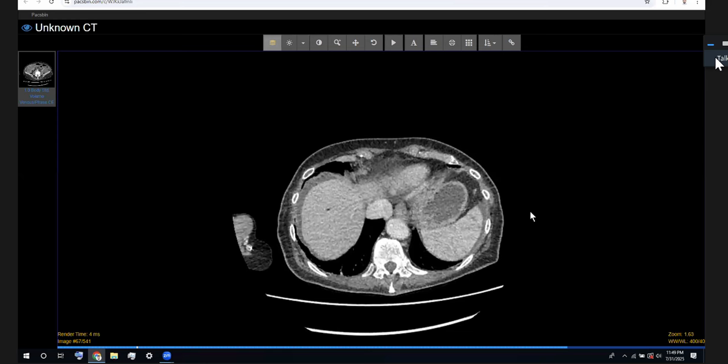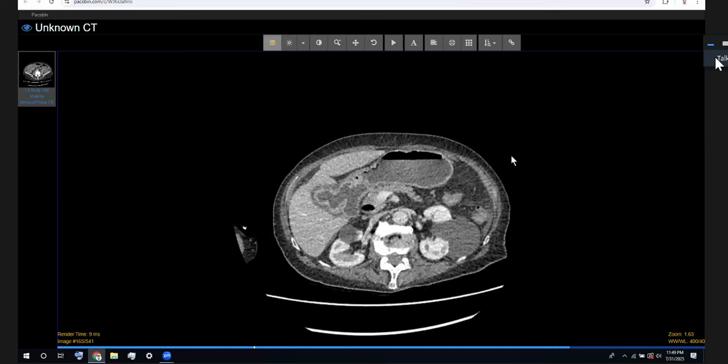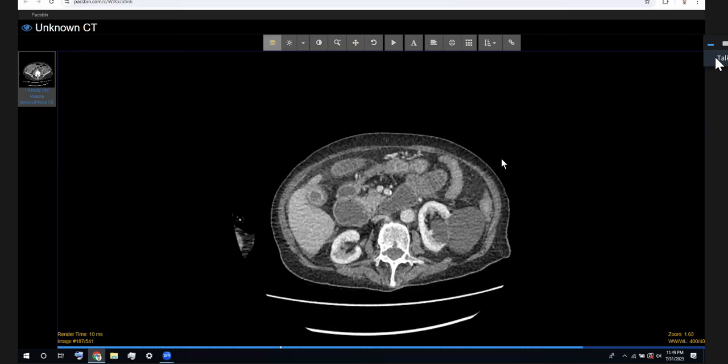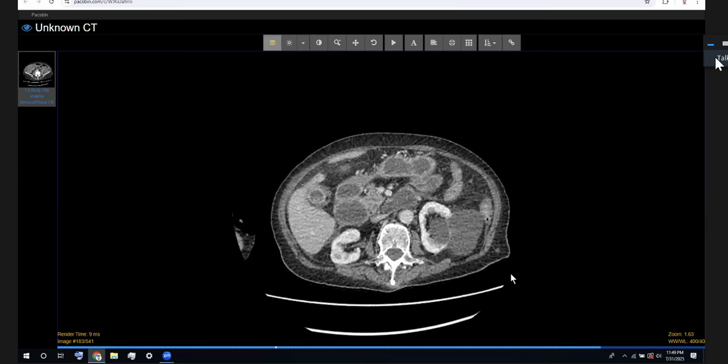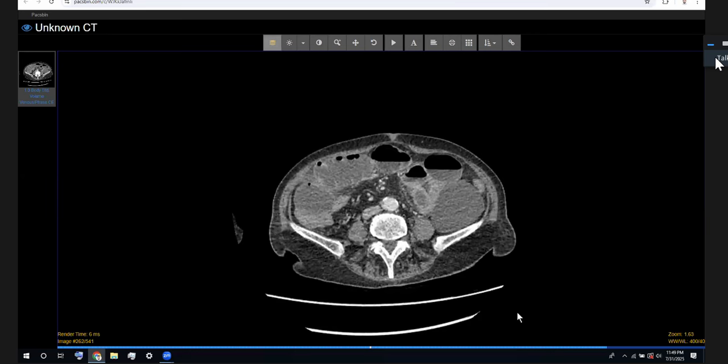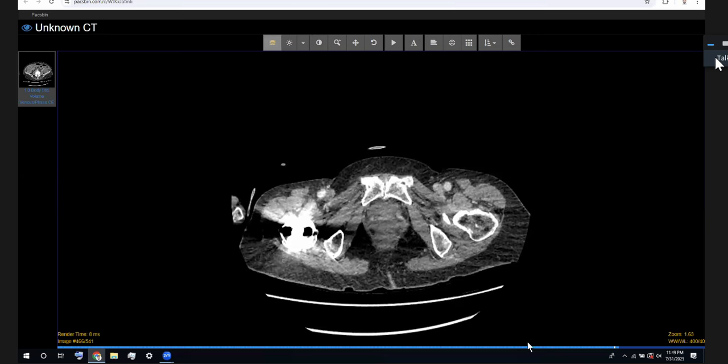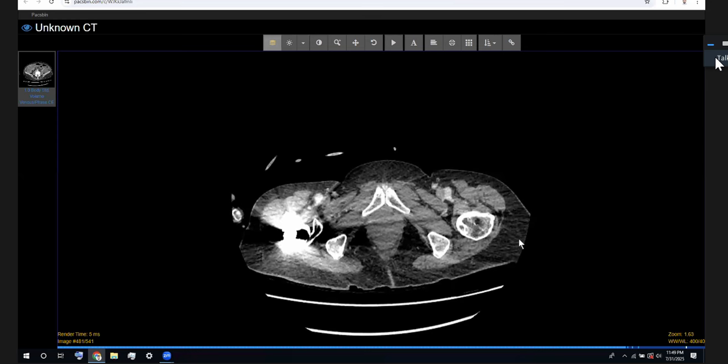So I'll just scroll. It's more centrally placed rather than peripheral, which would be a bit more portal venous. So yeah, I agree with you. That's pneumobilia. I'll scroll completely through the set of images, and I can see there are multiple dilated small